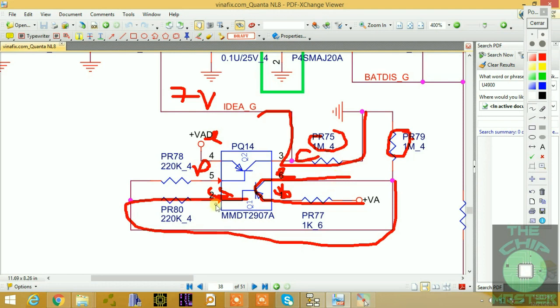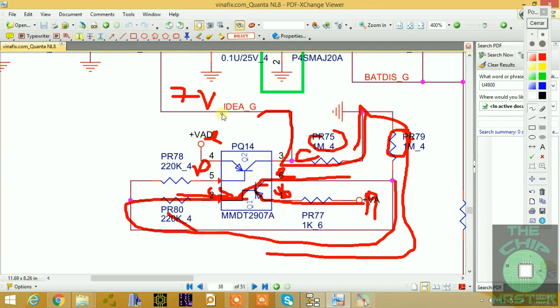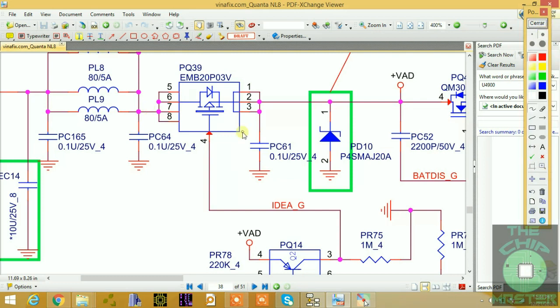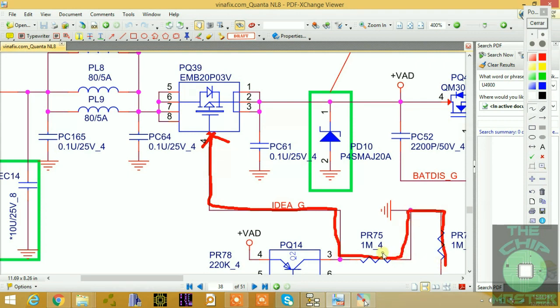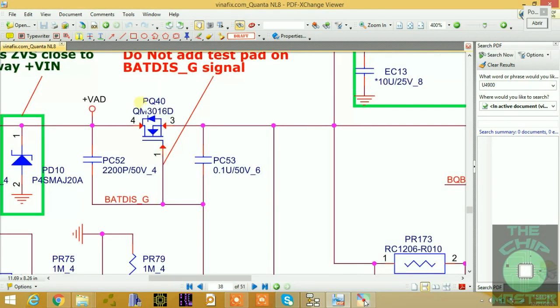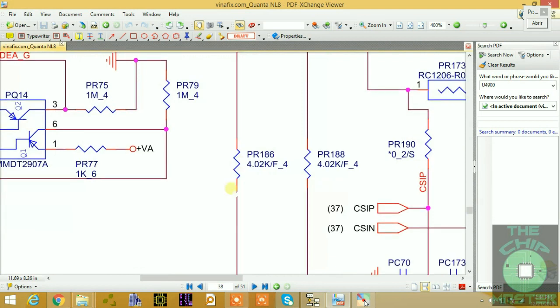So when this 19 volts comes into here, it will come to the base of Q1. Q1 will conduct, and it will go through this resistor, a voltage divider, to pull down this 19 volts to 7 volts. Then your MOSFET will conduct because it's a p-channel MOSFET, so the voltage at the gate must be less than the voltage at its source, and it will conduct through this pull down resistance. Alright, so this will conduct, and then this MOSFET is being controlled,